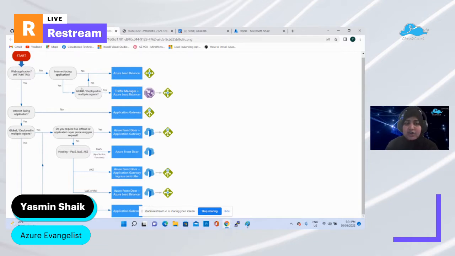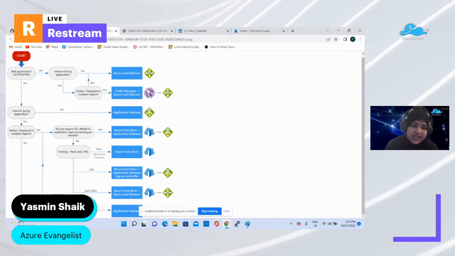If your application is only going to be deployed in one particular region, then you can use only Azure Load Balancer. Likewise, if your application is a web application, and it is not a public application but a private application, then you can use the Application Gateway.